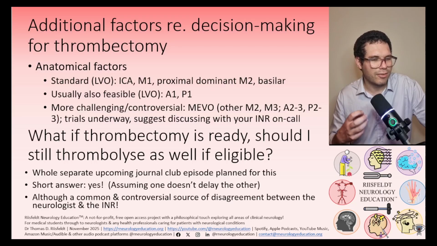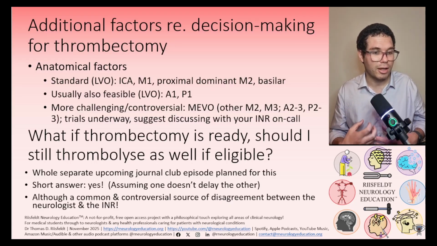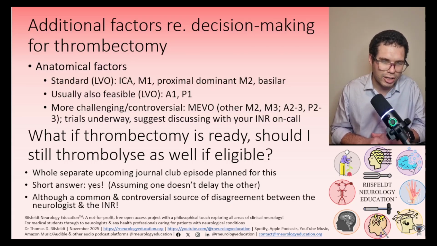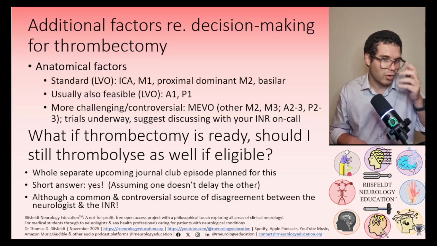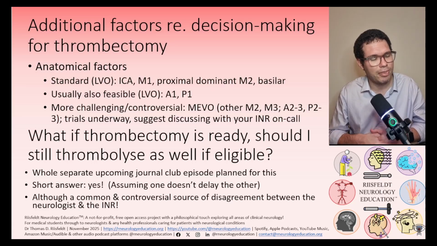I will say that this is a very common and a very controversial source of disagreement between the neurologist and the interventional neuroradiologist pretty frequently. So it's pretty often that this question comes up and the neurologist says, yep, thrombolyze, and the INR says, no way, don't you thrombolyze, just bring them straight to the lab. I don't want the lysis on board, I just want to do my procedure. And there seem to be somewhat heated arguments about this on a not infrequent basis, but that is what the